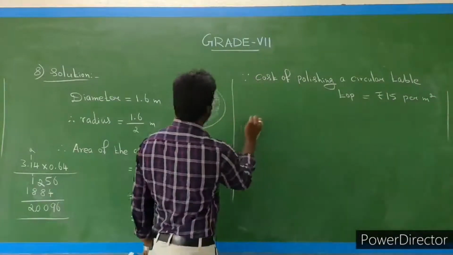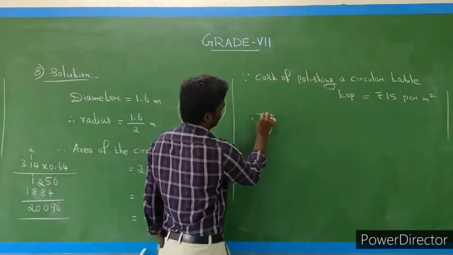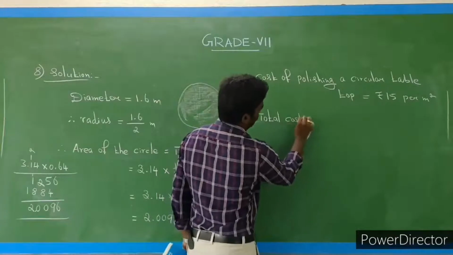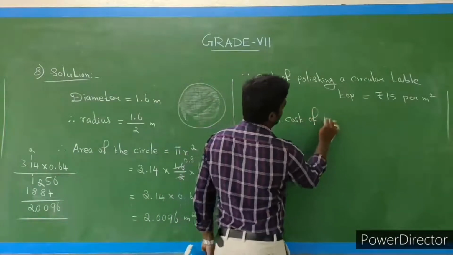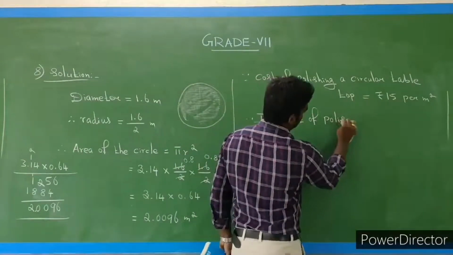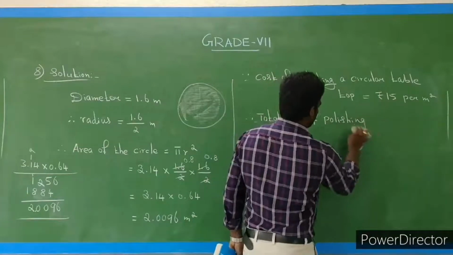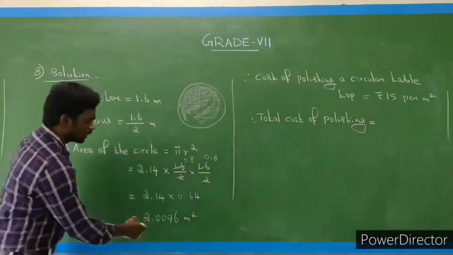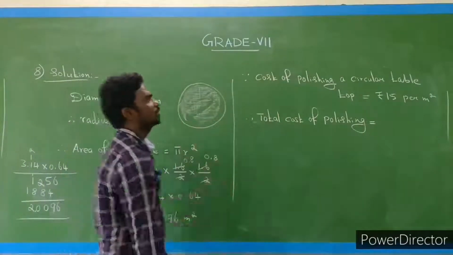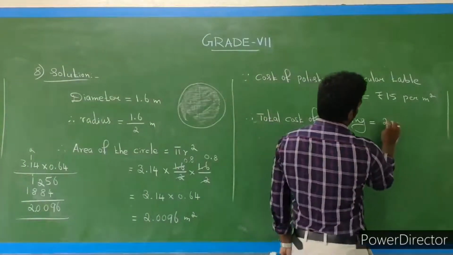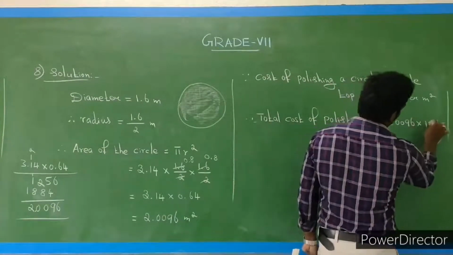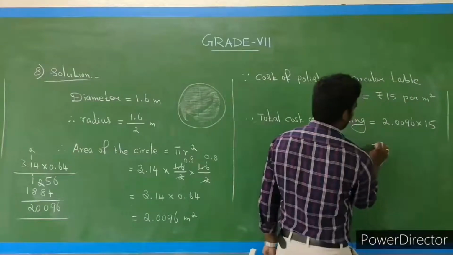Therefore, the total cost of polishing is equal to, we have to multiply 2.0096 into rupees 15. 2.0096 into 15. So the value is